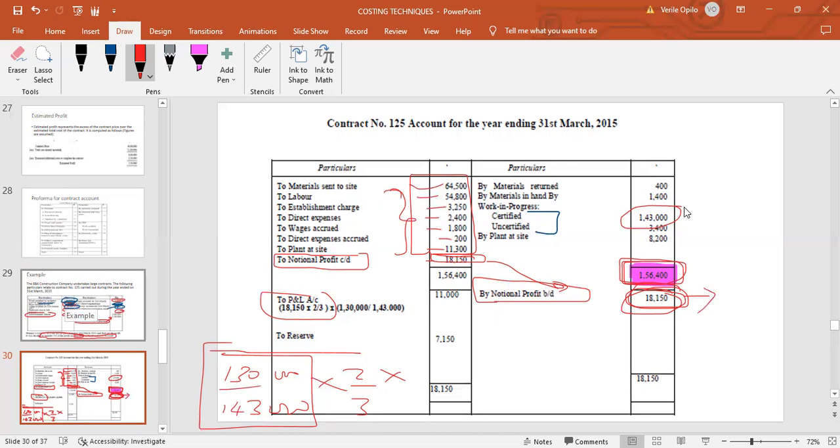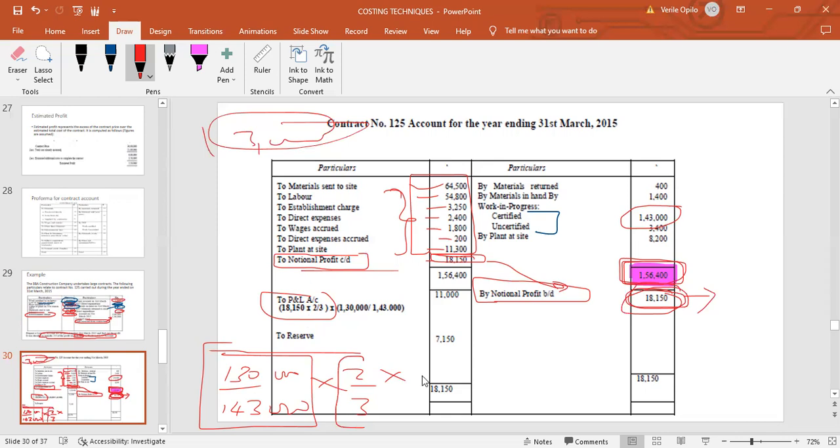We have received 130,000 out of the work certified of 143,000, meaning that the other 13,000 is the retention money. Given that there's retention money, we cannot acknowledge the entire profit. So on the cash basis, we obtain the ratio 130,000 out of 143,000, and then 2/3 of this profit,